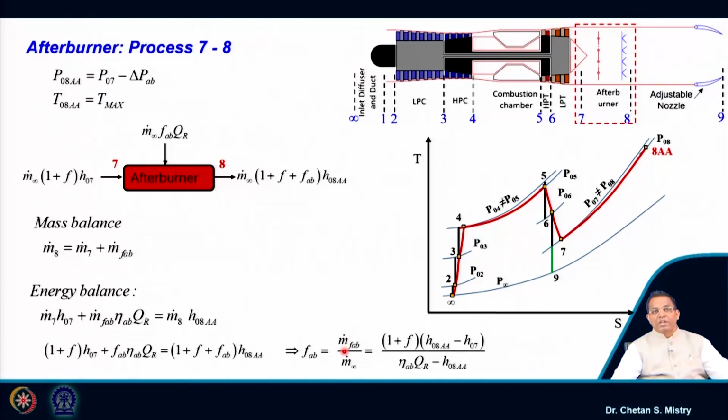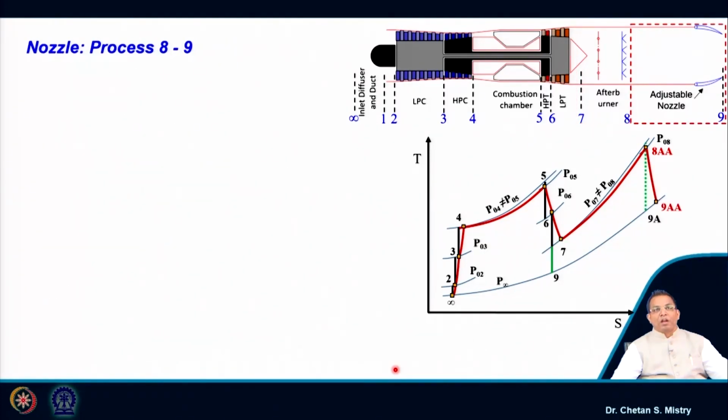So, just look at this formulation carefully. Now, as compared to my previous relation, we are incorporating the efficiency term, that is my afterburner efficiency. Now, let us look at the next component, that is my nozzle,